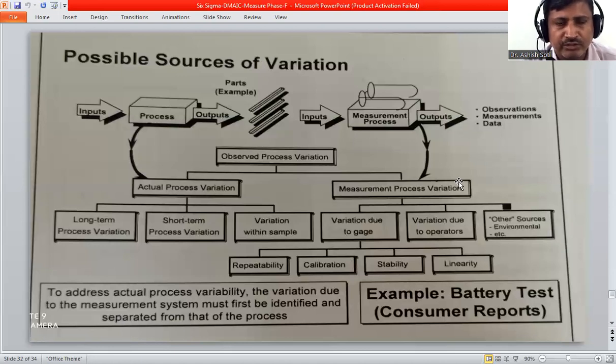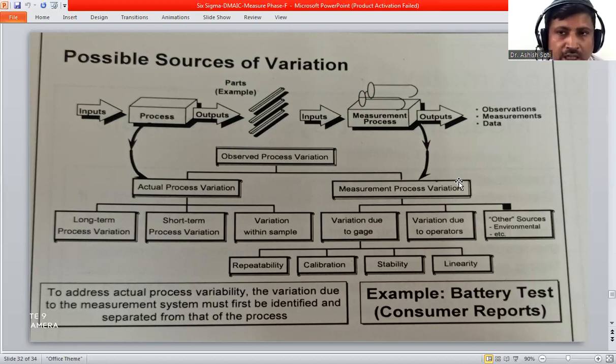So the possible sources of variation are actual process variation and measurement process variation. Actual process variation can be long-term, short-term variation or within-sample variation. Measurement process variation is variation due to gauge, variation due to operator, and variation due to environment. Variation due to gauge can be repeatability, calibration, stability, and linearity. That is what we are going to